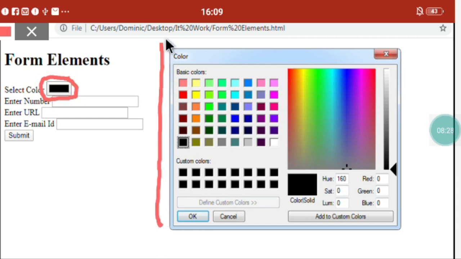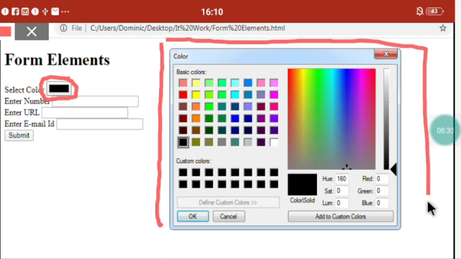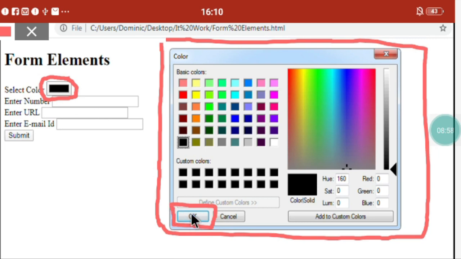this dialog box. This dialog box will allow you to pick or select the color. Select color means whichever color you like, you can select from the basic colors. Here are the basic colors, various colors are shown over here. You can click on a color, the color will be added, and then finally, if you want to display this color over here, click on the OK button. This is the OK button, you can click over here. Once you click on the OK button, the color will be taken over here. I have selected black, that's why it is shown in black color.